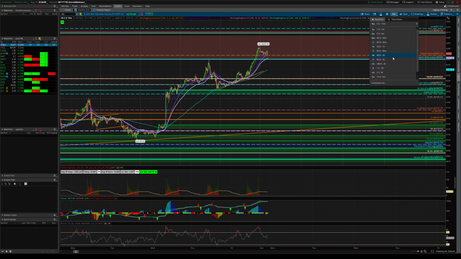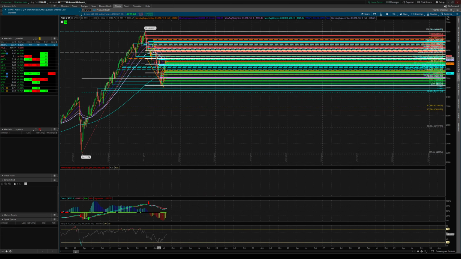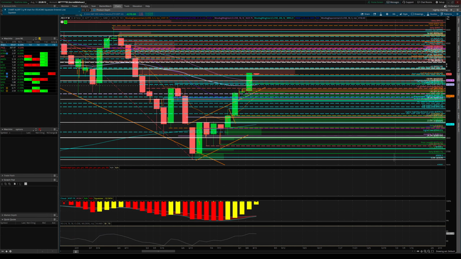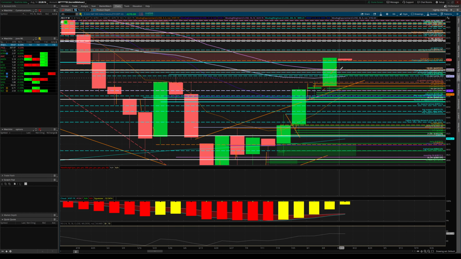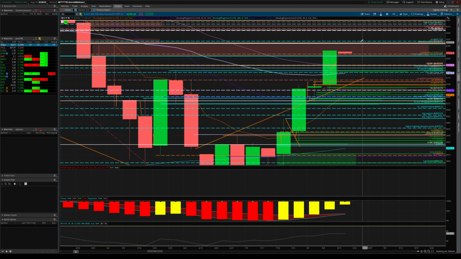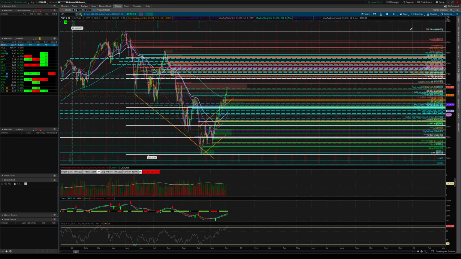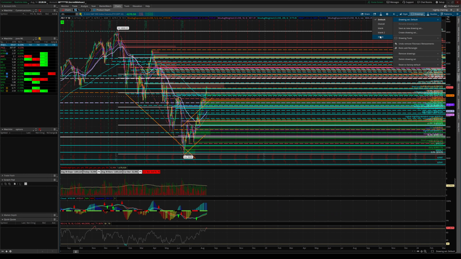So let me just double check the weekly real quick, just to see where the EMAs are as well. And you can see here we don't have any green basing candle on the way down, and same thing up here. We don't really have any basing candles as well, but yeah, there's not too much supply up until 4,300. So that's the thing, right? If I go back to the daily and look at the clear picture again,